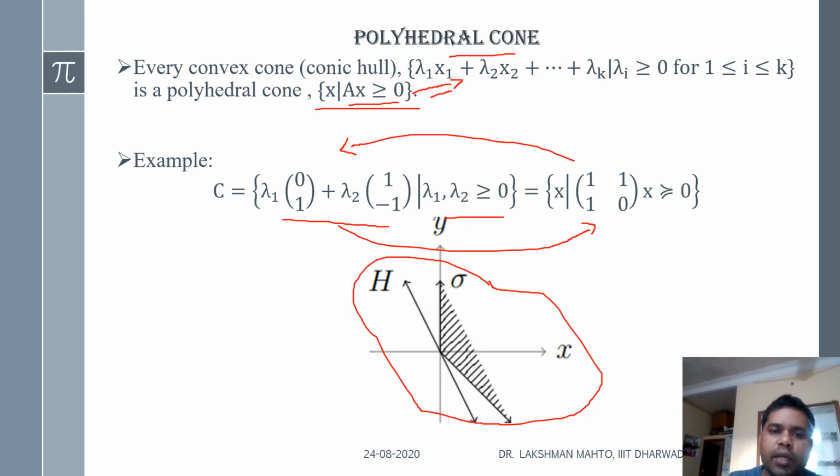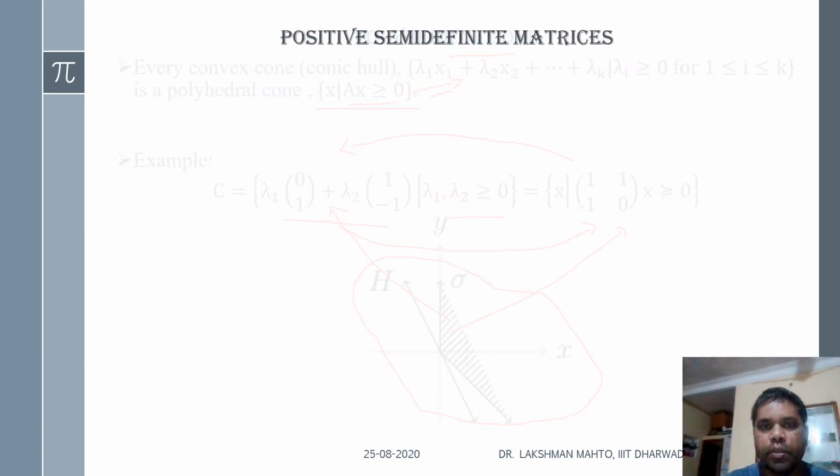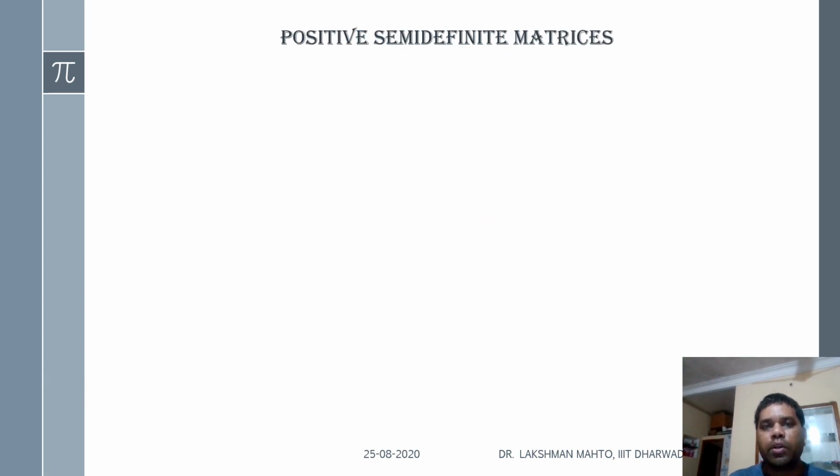That graph I have already plotted here. The graph is just a very general geometric perspective of writing the convex hull of any given set of points. But if you want to write it algebraically, you can write it in this form. If you write it in this form, we name this cone a polyhedral cone. If you write it in this form, we call it a conic hull or convex cone. So both give the same representation, or dual representation, of the same thing.